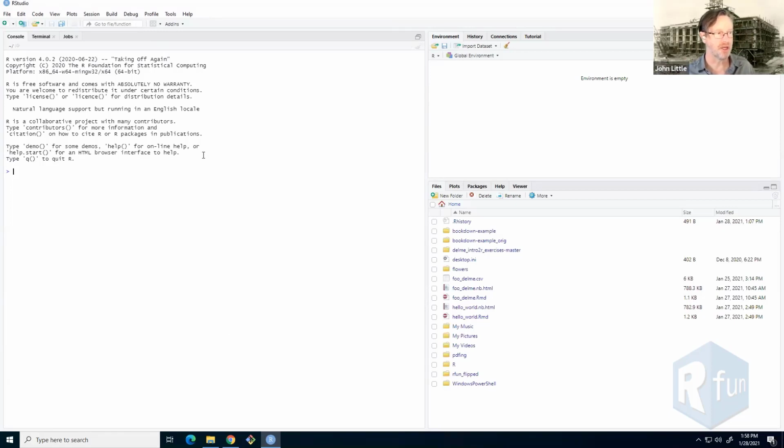And on the left-hand side is the thing that we call the console, which is really the direct interface to the R kernel. So you can put in, and that makes it really just a big calculator. You can put in just any kind of math and get a response. Or you can do basic R